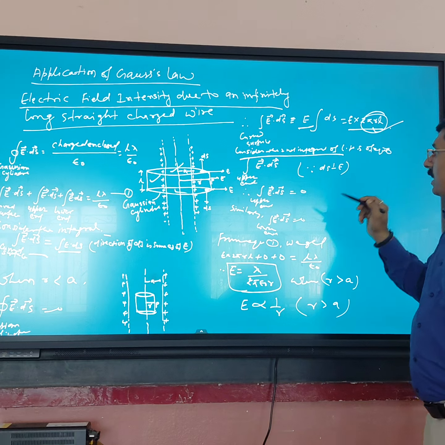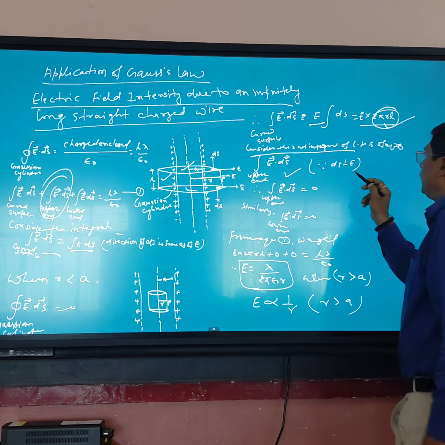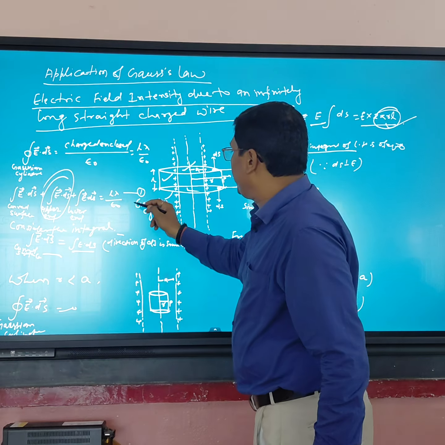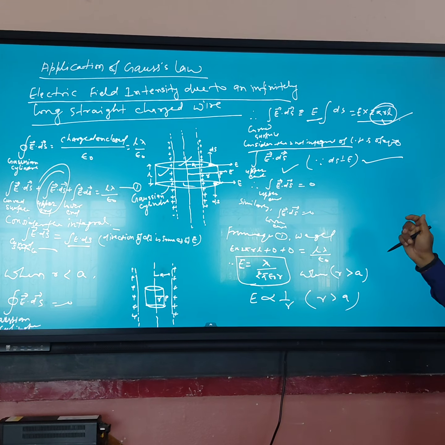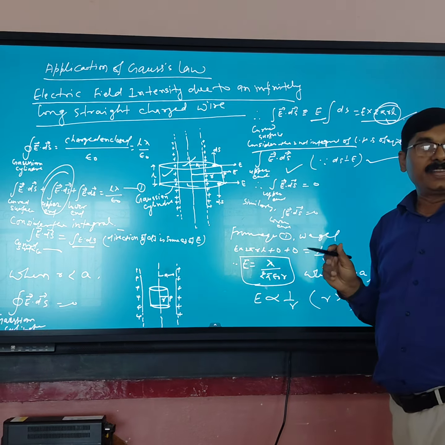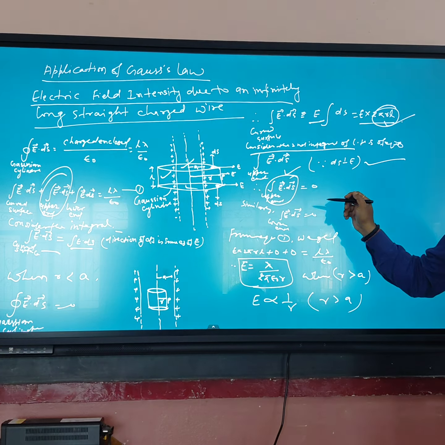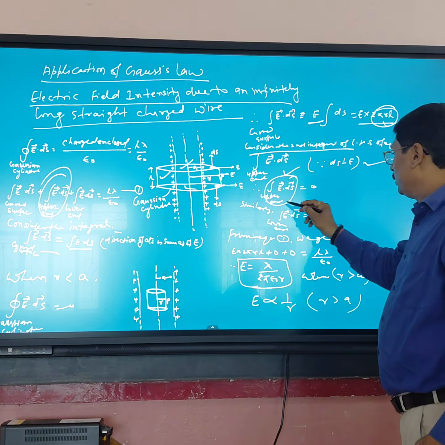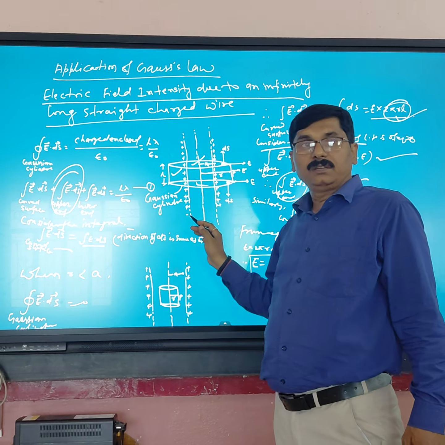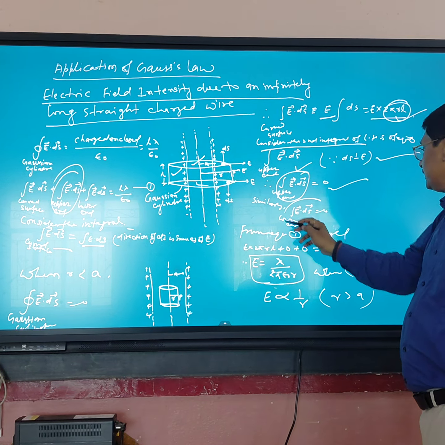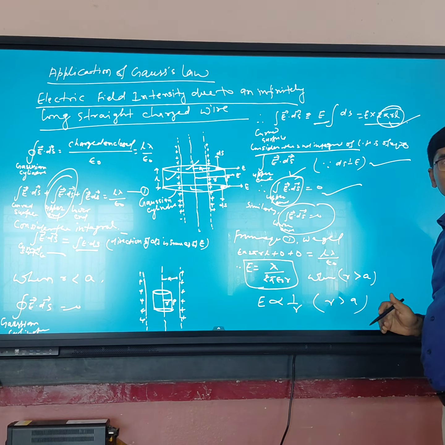Consider the second integral of the LHS side, the upper end. Here ds is perpendicular to intensity E. Then the angle is 90 degrees. So E ds cos 90 is 0. Now the upper end E ds is equal to 0. Similarly for the lower end, E ds is also 0 because ds and E are perpendicular. Hence